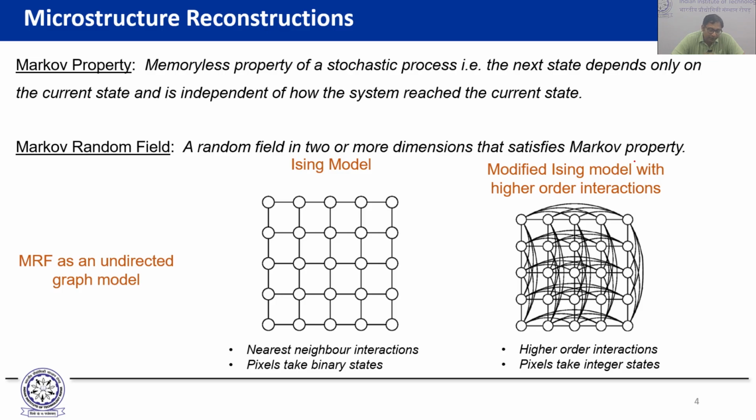And then when we are talking about a Markov random field, basically we are talking about a field in 2 dimensions that is going to satisfy the Markov property. Why 2 dimensions? Because in most cases, when we are looking at microstructures, we are not working with 3D microstructures, we are working with 2D microstructures. And then last time we also discussed how this Ising model can be modified if you use a Markov random